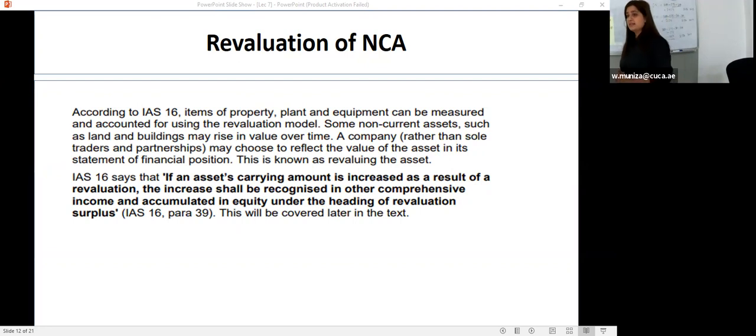So what IAS 16 says is that whenever the carrying amount of an asset is lesser than its market value, we have to record the revaluation gain. On one side, this is going to be recorded in our statement of other comprehensive income. On the other hand, the total of accumulated revaluation surplus will be recorded in our statement of financial position under